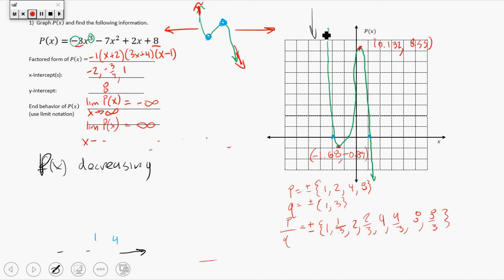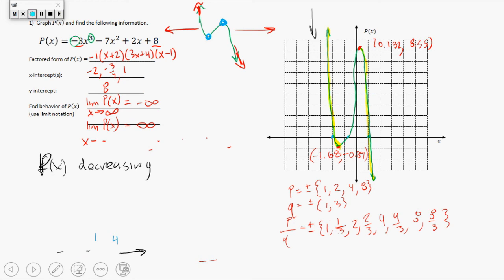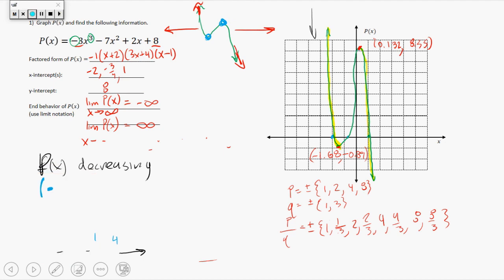If I look at, like, a highlighter, this area here is all going down until it gets to this bottom part right there. And then it stops going down, starts going up, and then it picks up going down from here and then back down. So what we want to do is write that in interval notation. And we can do that now that we have the x-coordinates of those two turning points. So it's going down from negative infinity,